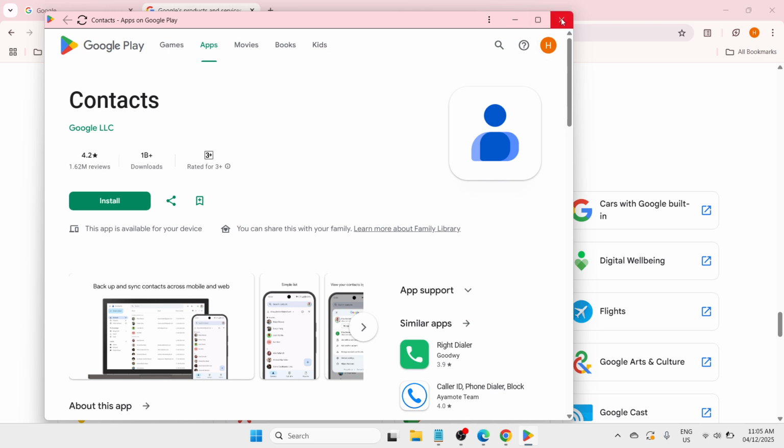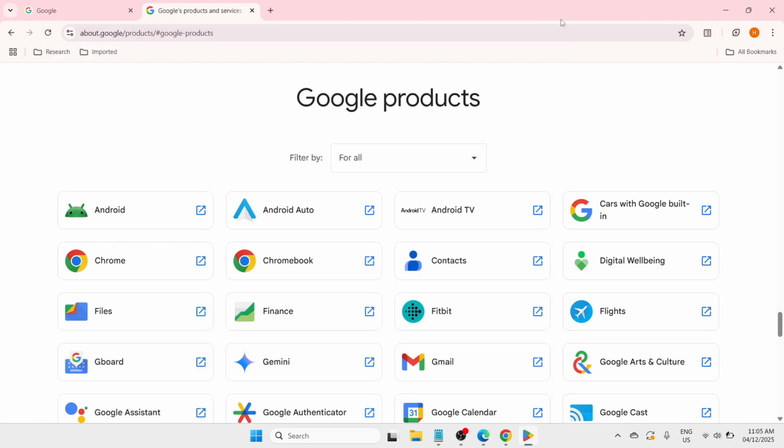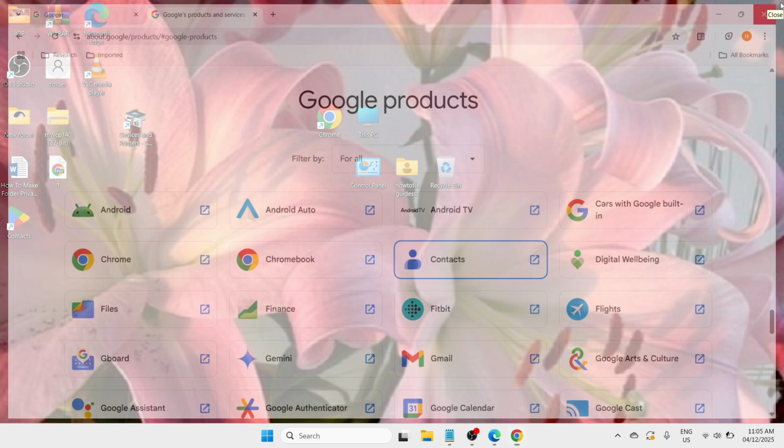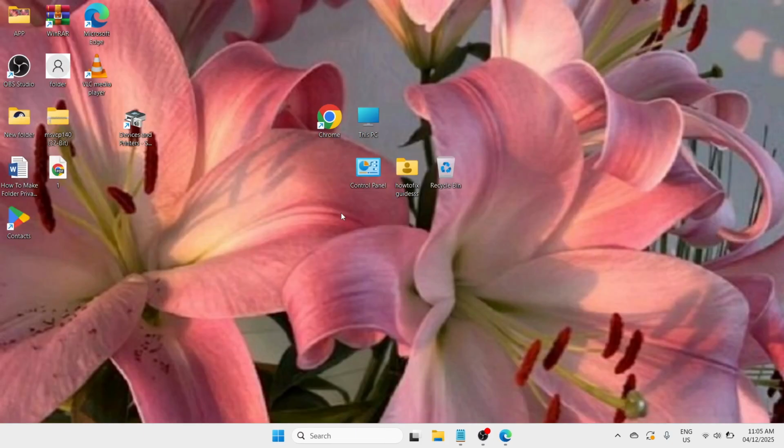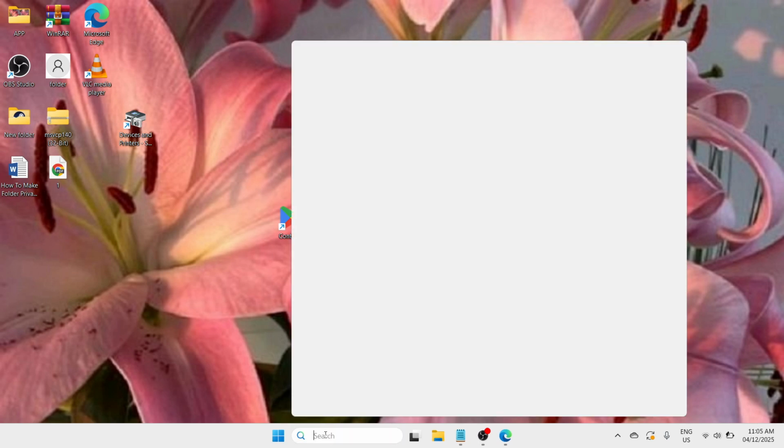All you need to do is close the window as well as the Google Chrome browser and check if it's been placed here on our desktop. So in my case, I have Contacts here on my desktop screen. And if I search it here at the bottom search bar and type for contacts,